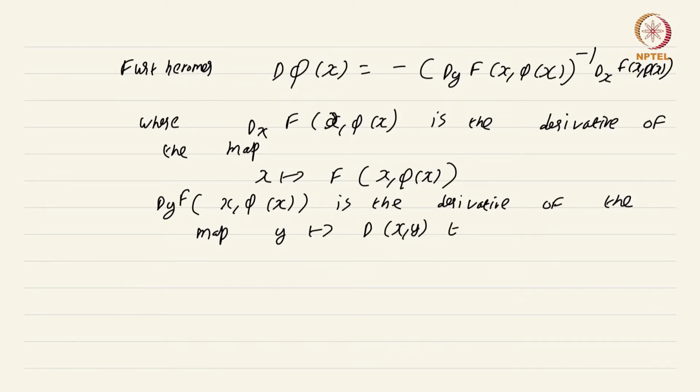So here I made a mistake. This is x goes to f of x comma phi of x. Okay, taken at x, the derivative taken at x, and here it is the map, derivative of the map y